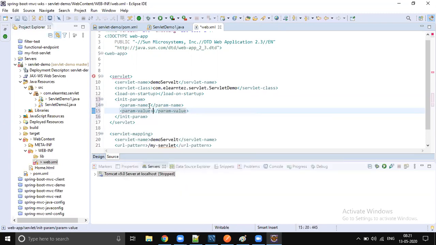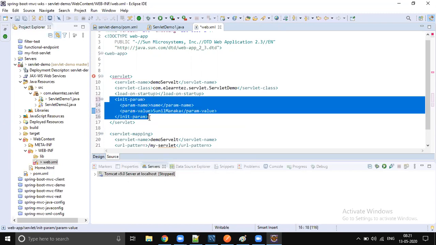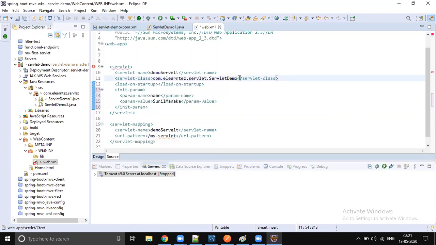Okay, and here I will give name, and name I will give as Sunil Tanaka. This is one init parameter, right? This is for servlet demo 1. When I say servlet 1, that request goes to servlet demo 1.